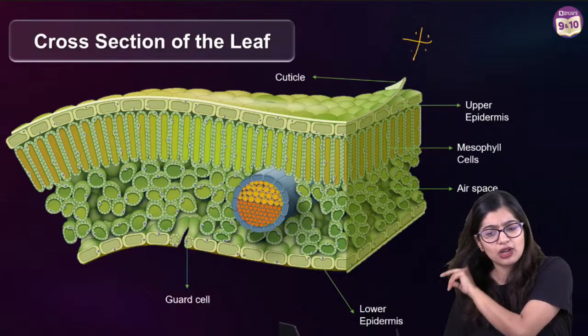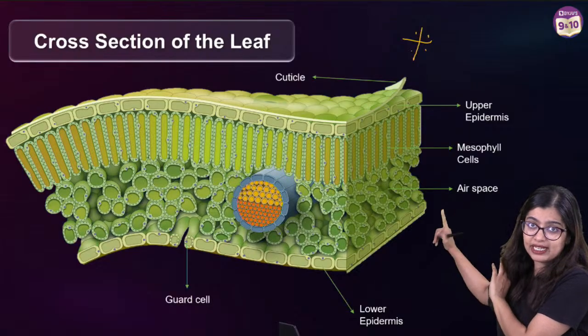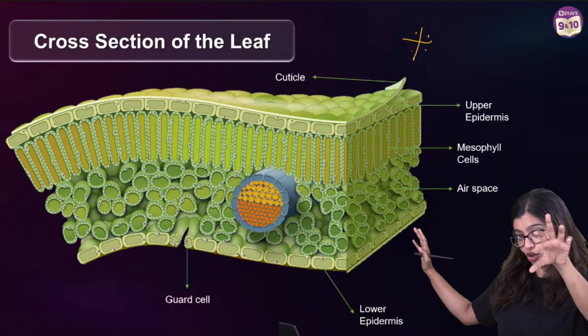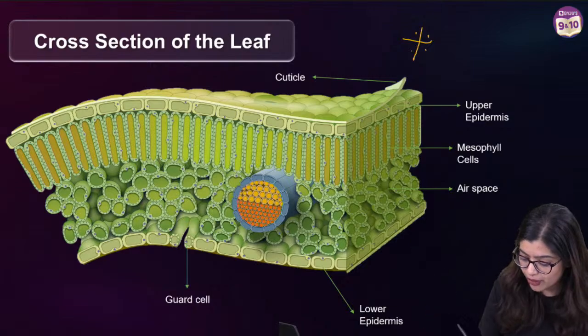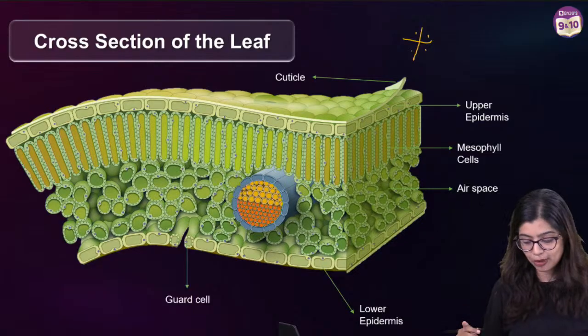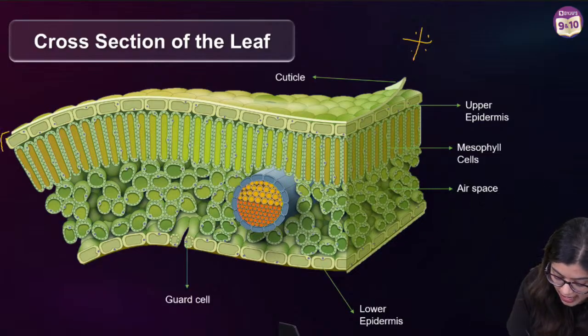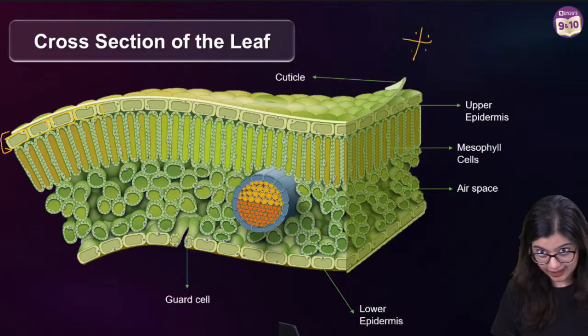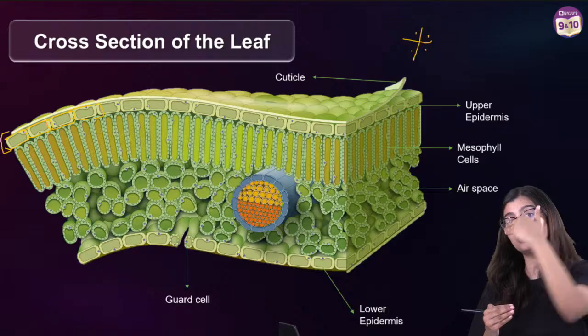Which is why in this particular case, I would tell you that all of you please star mark the diagram that is there of the cross section of the leaf. Now if you see the outermost layer, from top to bottom, we see that on top we have a layer of continuous protective cells, which we know is the epidermis, and the part which is present on top.